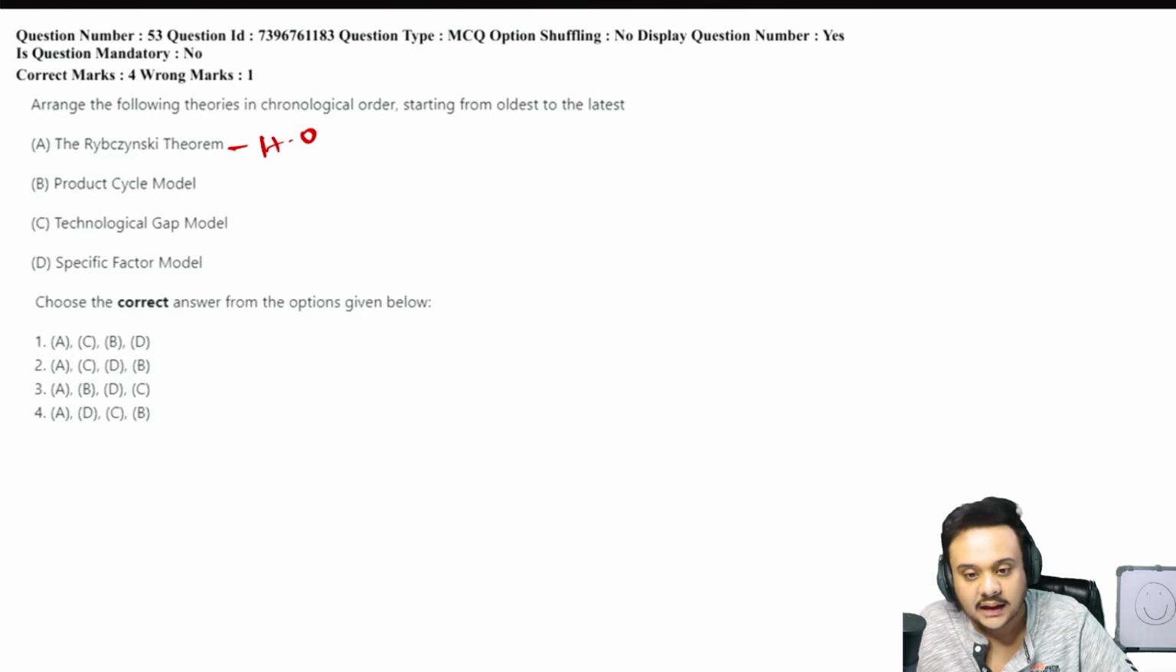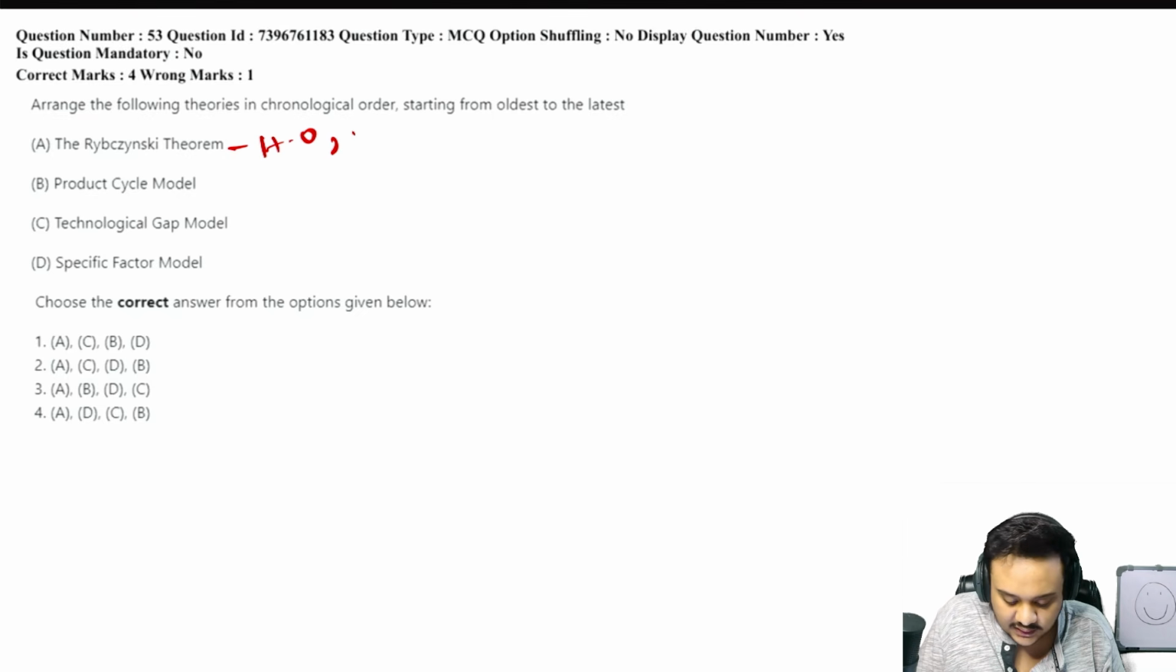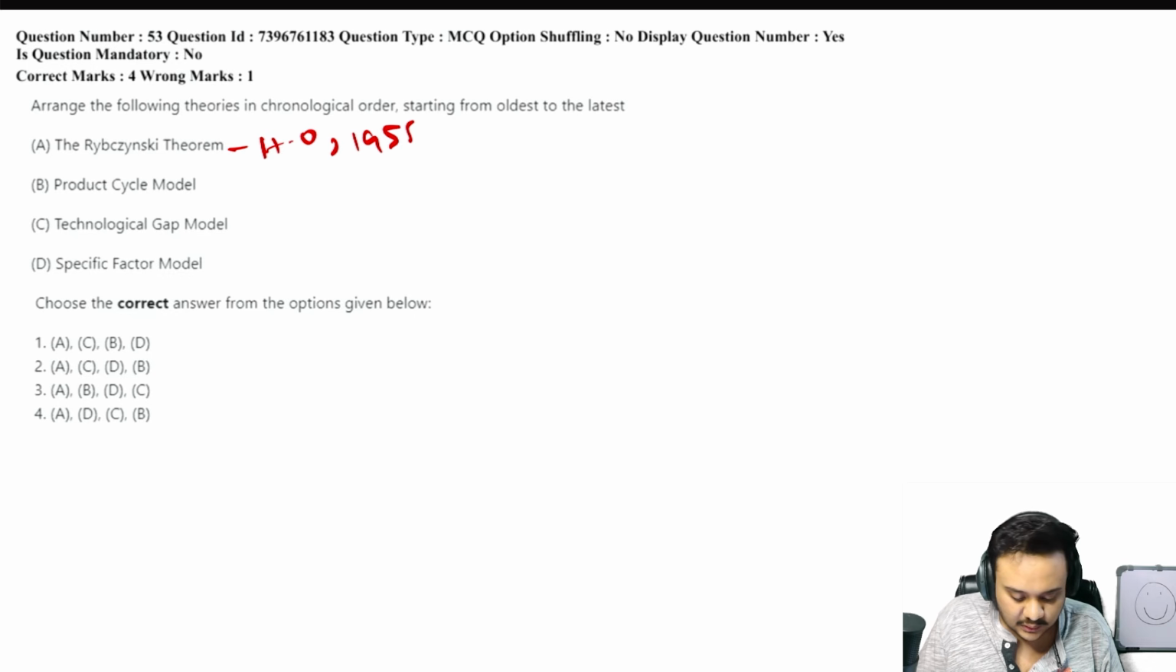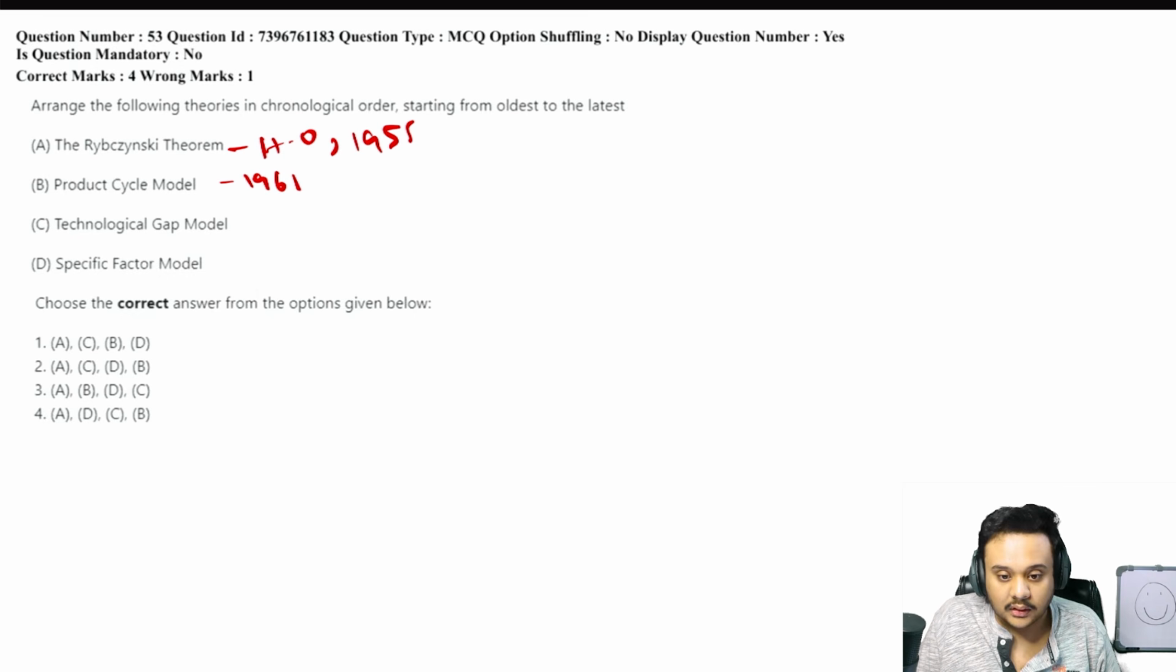Now obviously I'll tell you all of the years as well. This was developed in 1955, and if you look at the options, all they are telling you is that A comes first. So, I don't think there is a lot of elimination that you can do here. So that is why it was a very risky question to attempt as well. The product cycle model came in 1966. Technological gap came in 61. Specific factor came in the late 1960s, so about 1970, you can say, I guess. The answer here was